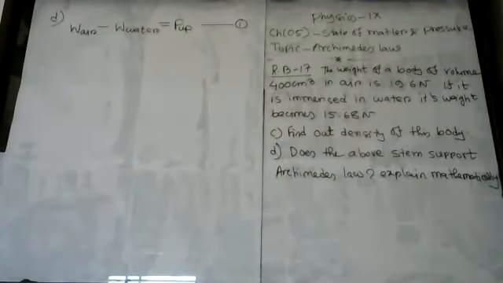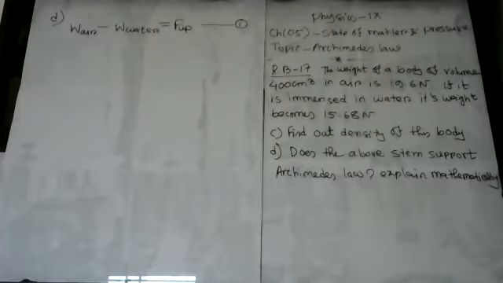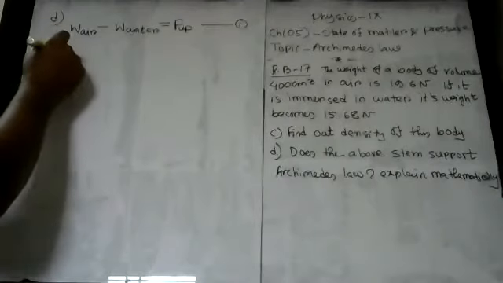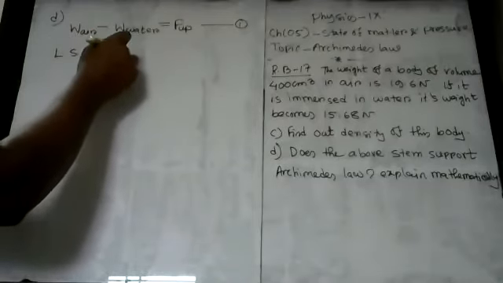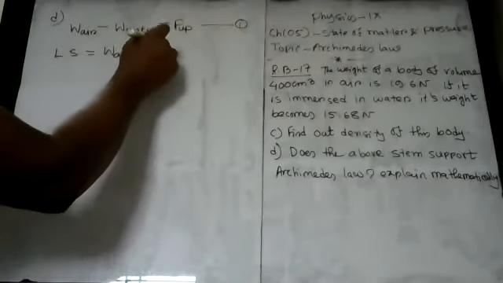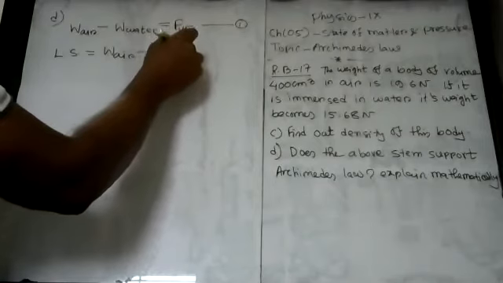If the left side of this information will equal to the right side, then definitely we can say that this system will support Archimedes' law. I repeat, my dear student, if the left side will equal to the right side, then we can say that this given information can support Archimedes' law. At first, I'm going to put down the values in the left side from equation number 1. So, weight in air minus weight in water, my dear student.